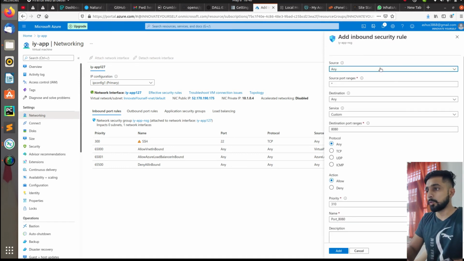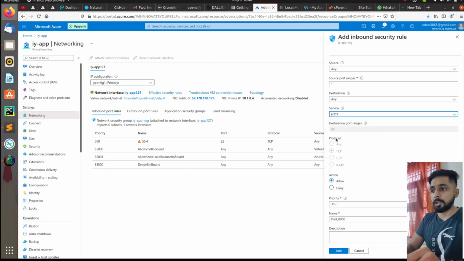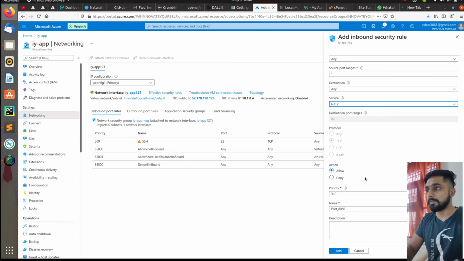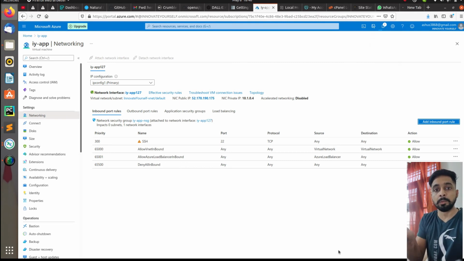So over here, in the services, you have to select which port you want to specify. Currently I want to specify HTTP, so I will click on HTTP, and accordingly I will allow the action, and the rest of the things just leave as they are. Now click on add. It will add the new rule for you, which is the HTTP rule. So this is how you will create a new inbound port.